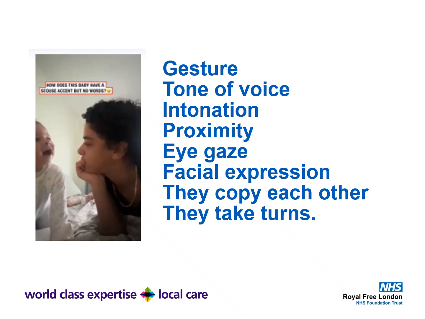The baby's clearly copying the mum and the mum even copies the baby back, and they're taking turns so that there's a balanced interaction and the messages are being sent back and forth. They're using all these different behaviours to send those messages. So when we look at this, we can see what social communication really means.